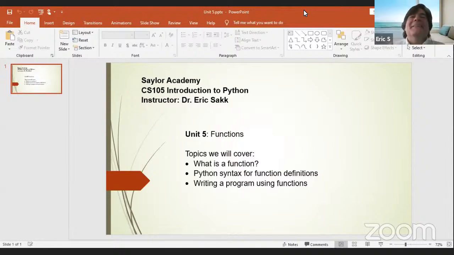Okay. All right. So we're going to talk about functions today. I think what I'd like to do is start not only to go over functions, but also see if we can integrate some things from previous units, to start to bring things together a little bit. So, the idea of a function in general, hopefully everybody's at least seen something in mathematics